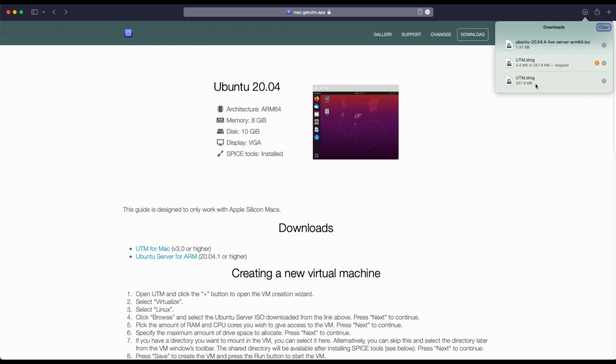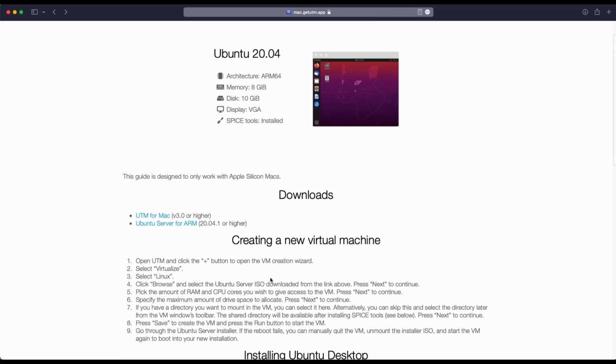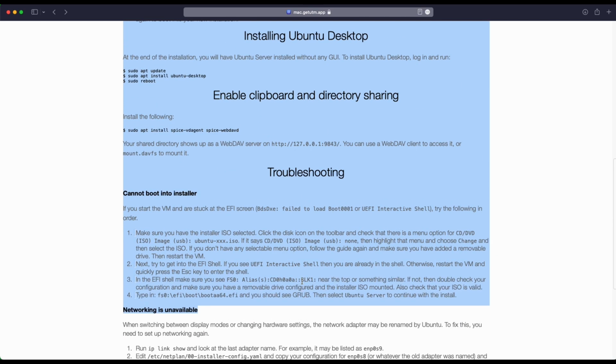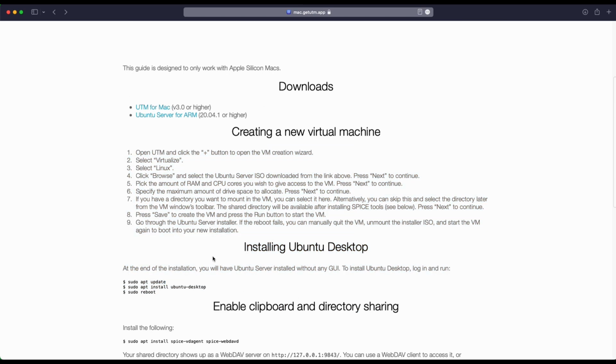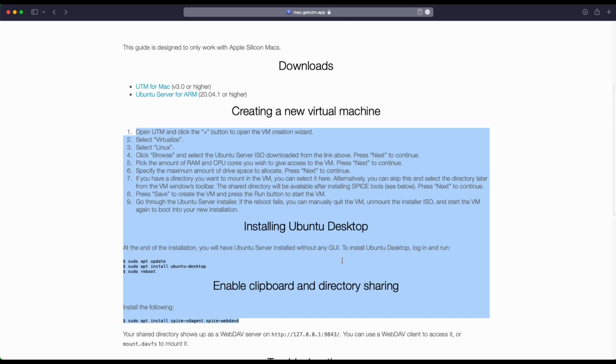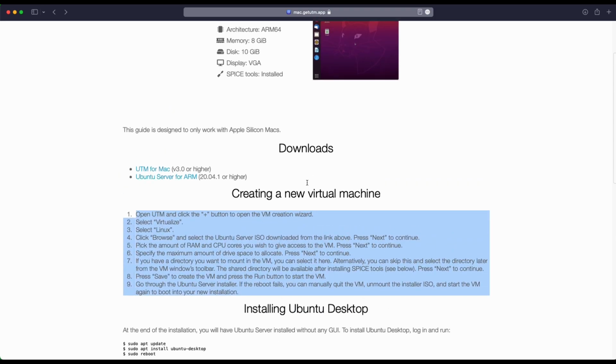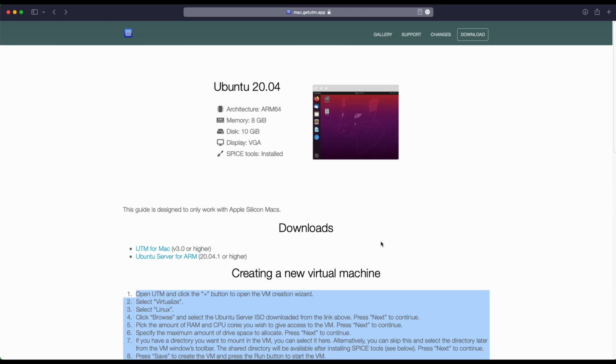As you can see here, this is the UTM app. It's about 300 megabytes, and also the Ubuntu disk image, which is for ARM 64. So you have a few instructions here. If it all works well for you, that's great. If not, then you probably want to watch this video because nothing worked for me here. I had a couple of problems where I had a blinking cursor after I had done everything in here and I couldn't get out of that screen. I tried different methods, nothing worked out for me. Just at the end, I figured that out and I'll show you right now how to do it